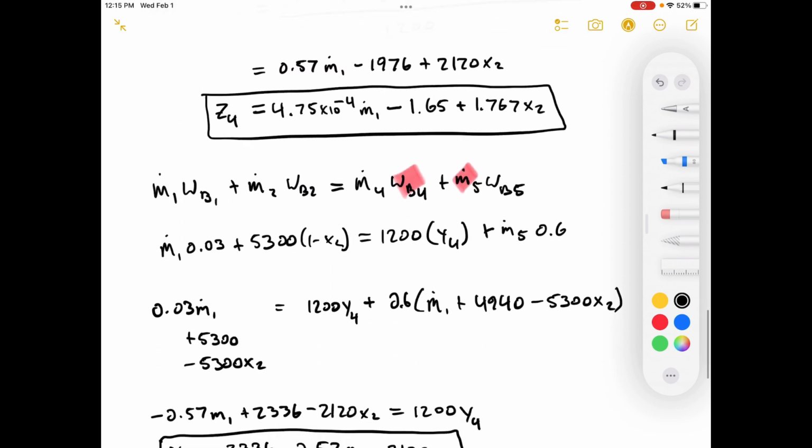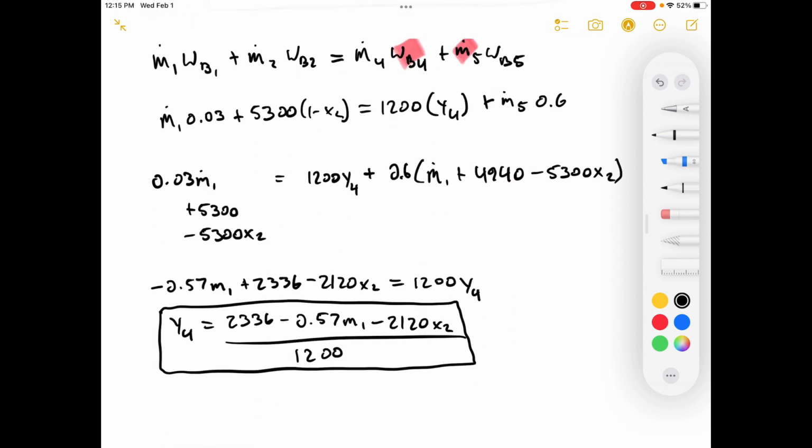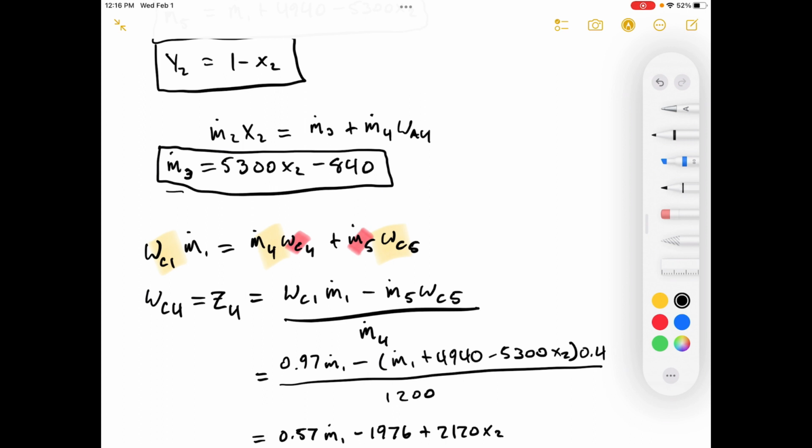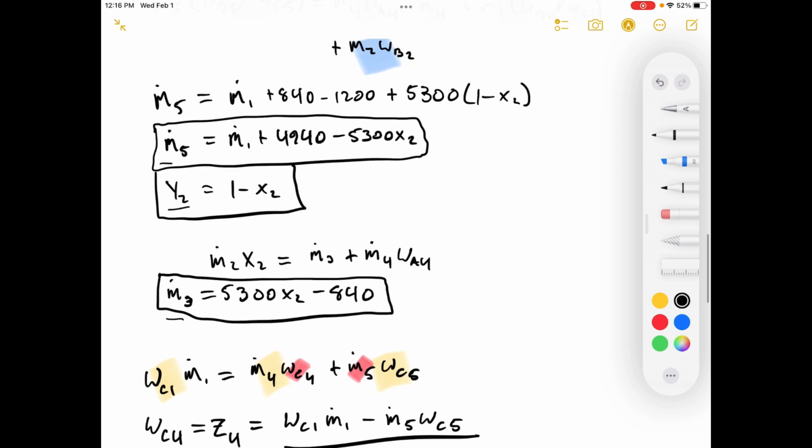Okay, so that took a long time. It's a lot of algebra and substitution and cancellations and things like that, but that would be how you solve it. So if you take m1 and x1 to be known variables, and you put all of the unknown variables such as y4, z4, m3, x2, and m5 all in terms of either x1 or m1, or a combination of both, then you can